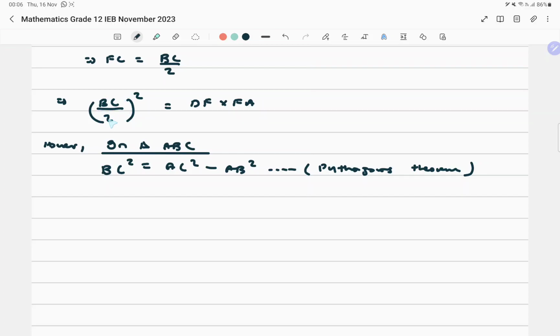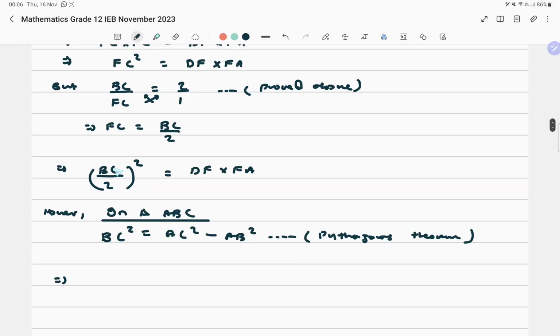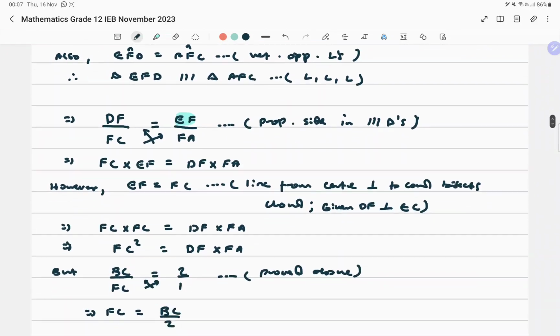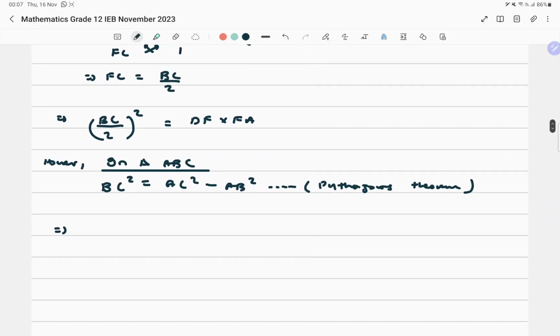But now we're going to play it just right. This then implies that instead of writing BC, because if you simplify this thing, it's going to be BC squared over 4, which is okay. I'm trying to think now, what must I do here? Because I've got to separate these terms. BC basically